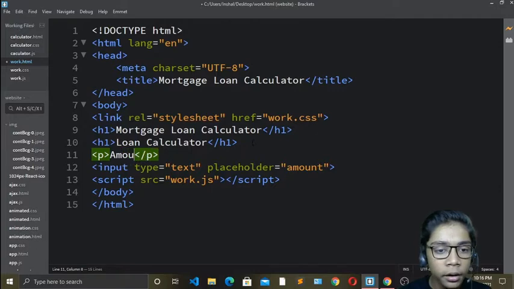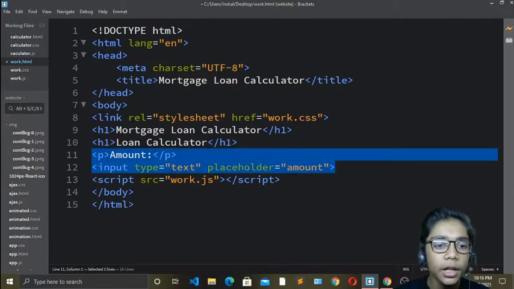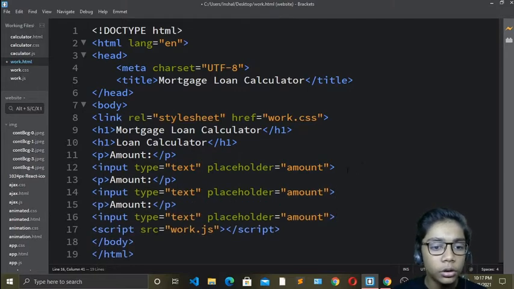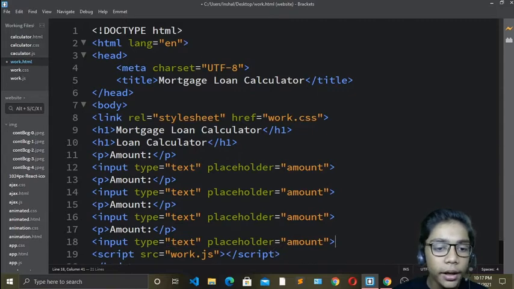Okay, so now here we have done this part. Now I will copy both of these things because I have to make more input tags. I will press Ctrl+C over here, paste that here, and over here also. Now we have pasted that three times, and now I will change its name.